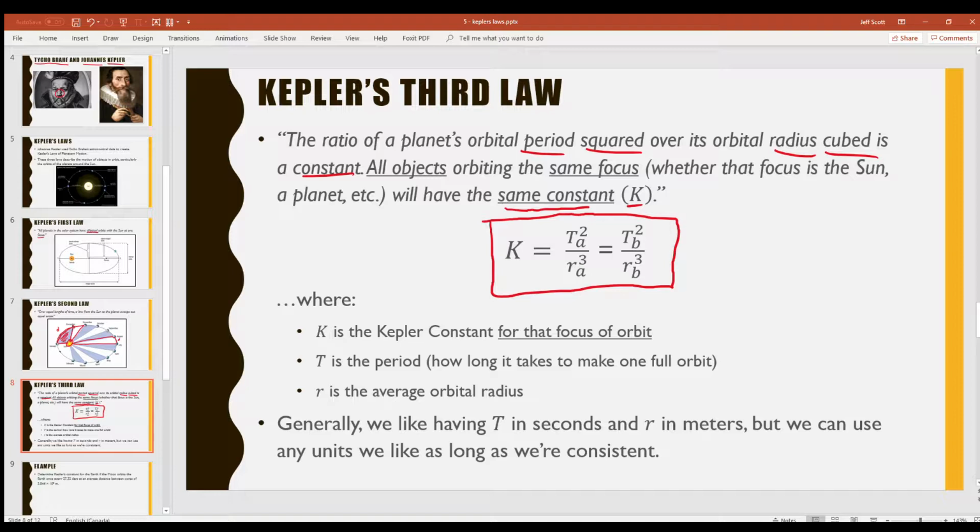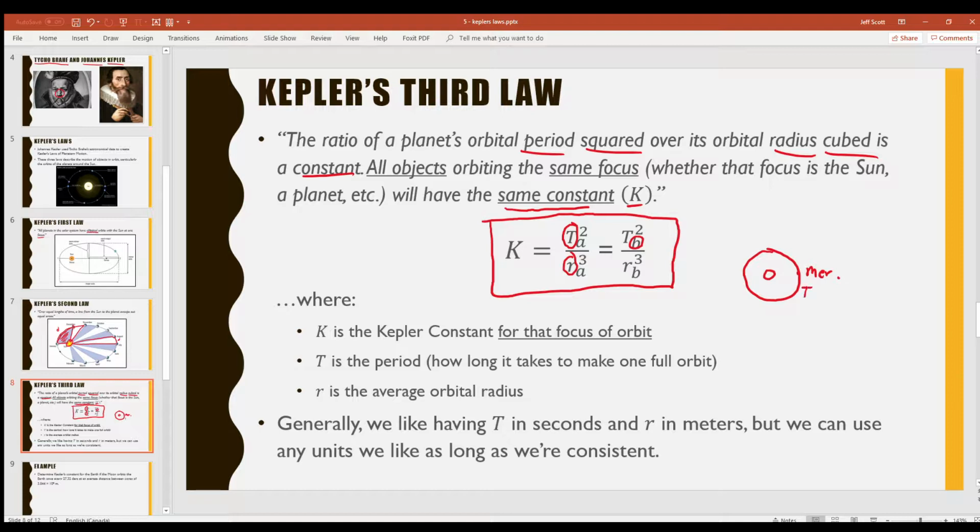In other words, if something is orbiting around the sun, the constant, where it's the orbital period squared divided by the orbital radius cubed, will be the same for another object. We can call the other object object B. So if you had, for instance, Mercury orbiting around the sun, so we'll say here's the sun, and we have Mercury out here, orbiting around the sun here, the time it takes for it to complete one orbit, in other